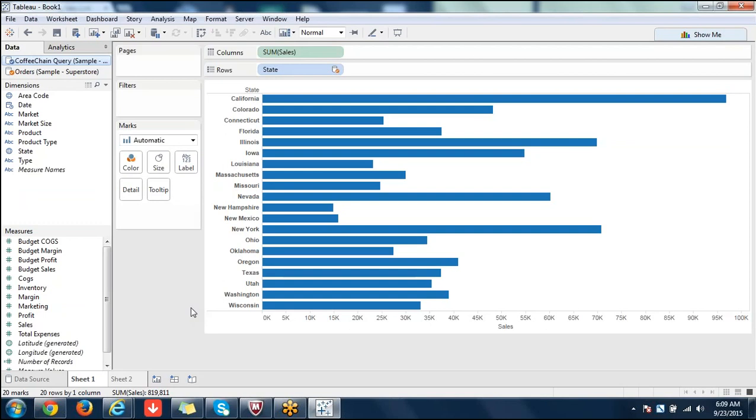So the first question: if there is no common column, it won't show that blending key there.